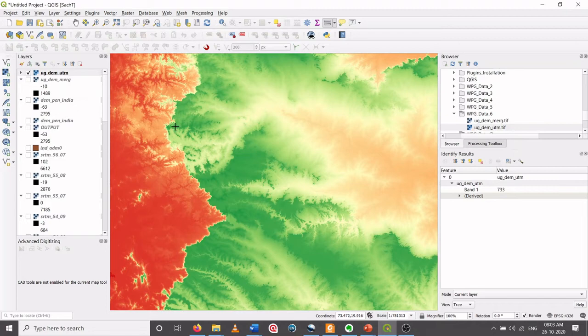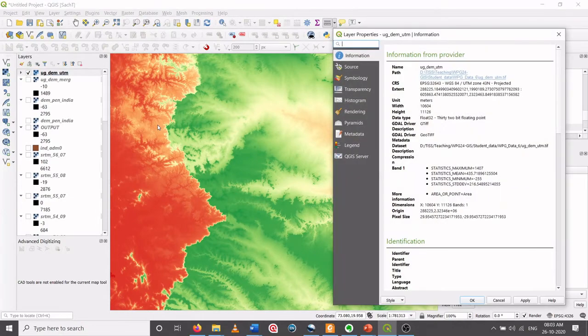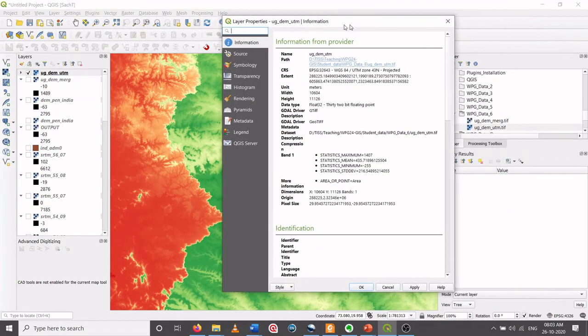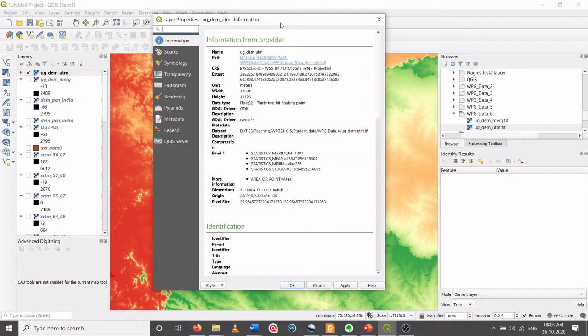Now I can change this symbology by going into the properties. Before that, let's see the basic information about this image, also called metadata. The name is UGDEM UTM, so this is in UTM units. That is the extension of the file which I have given.